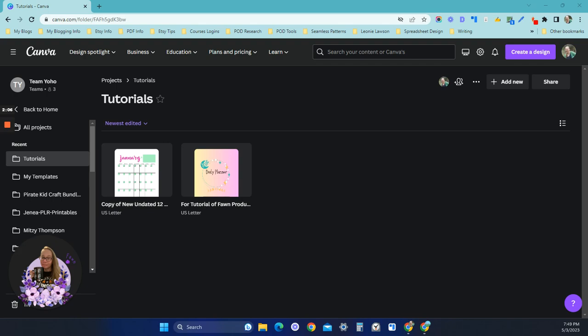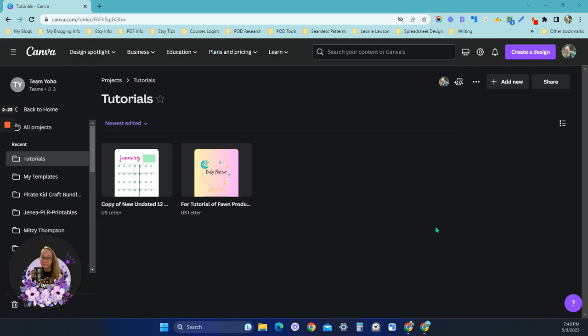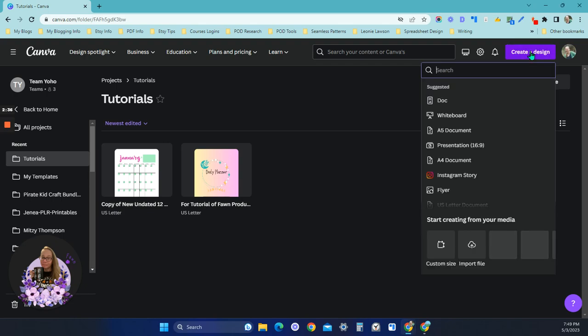There are workarounds for some of the functions, not all of them, but for certain functions, there are workarounds in Canva Free if you're not ready to upgrade to Canva Pro. So let's get started. Right now, I am in my Canva Pro account, okay? And I'm going to start with showing you how to size your Canva designs for whatever it is you're working on. So in this example, I am going to show you how to create a US letter size document